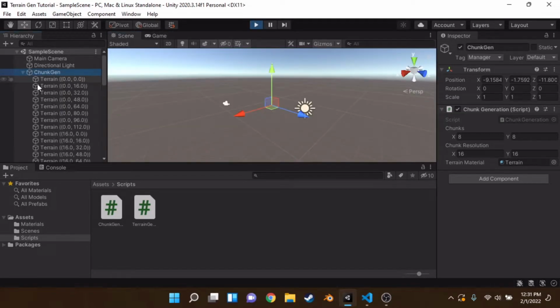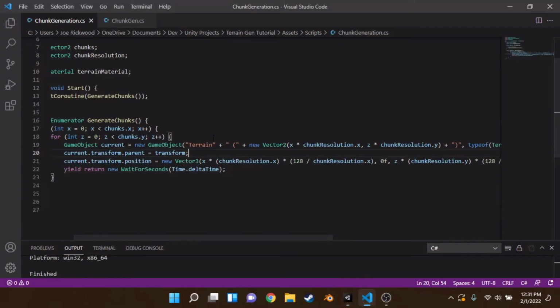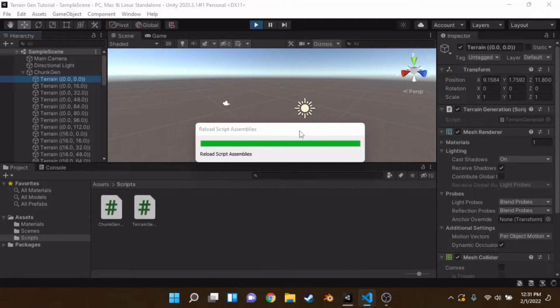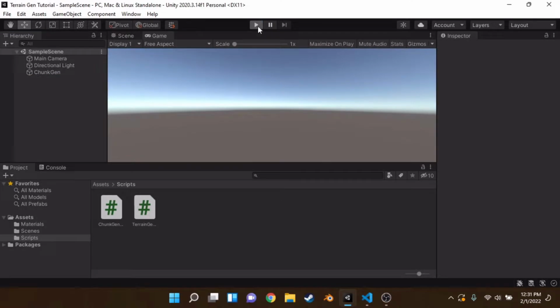As you can see, it's created a lot of chunks. Now, I actually didn't know this, but it adds the brackets anyway, so we don't really need the brackets in there. Otherwise, this isn't necessary. It just helps. Now, if we click play again,